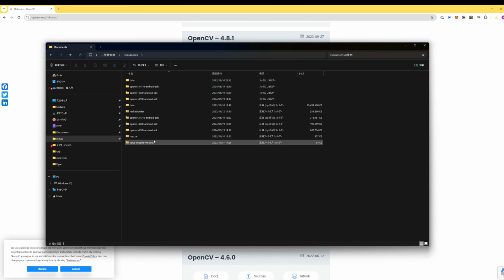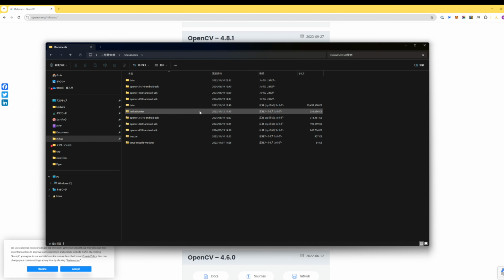4.8.0 is the recommended one. There are actually two kinds: one with major version 4, and one with major version 3. Sometimes you need both of them, but let me start with 4. If you hit Android, it's going to download the zip. I already downloaded it here with the Android SDK,